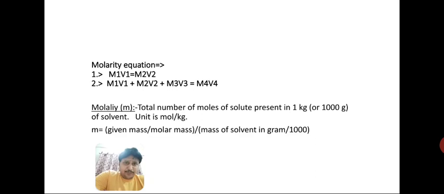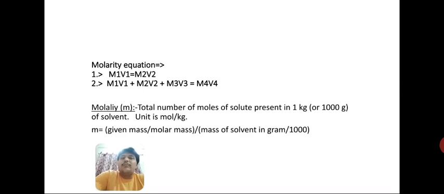So I hope m1v1, m2v2 and m3v3 is clear. M4 is the molarity of the final mixture. Students, suppose instead of 3, 4 are there, so the final one is m5, right? If we are mixing 5 different solutions, then for the final one it is m6. Now what is v4 actually? So v4 is the sum of v1 plus v2 plus v3. Okay students, so these are the 2 equations. These are called molarity equations, which you use in this manner.